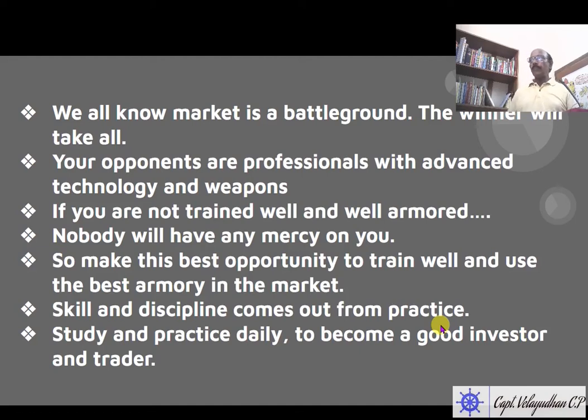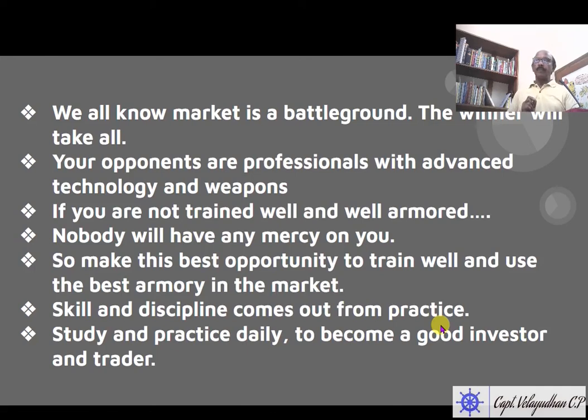So I suggest, don't put your money in the market now. Learn all the lessons, keep the money aside, and do paper trading. Paper trading means your money stays with you; you learn and you buy or sell and write it down on paper. But actual trades do not take place. So you don't need to put money with the broker. Whatever price you want to buy at, you buy and sell on paper.